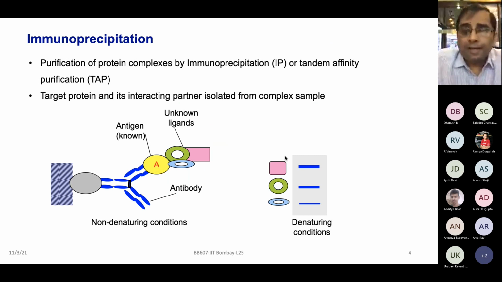So the immunoprecipitation idea is that there is a protein of interest, let's say in this case, antigen A, which is of your interest. You have identified from the mass spectrometer that this protein A is quite important as a top hit of your lead, from your metabolomics and other kinds of analysis. You want to know the function of this protein, what is the potential role of this protein, and there is not much known about this protein in the literature.